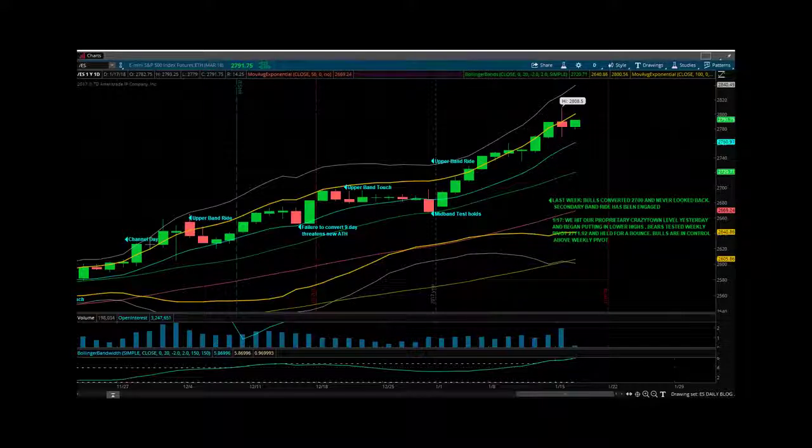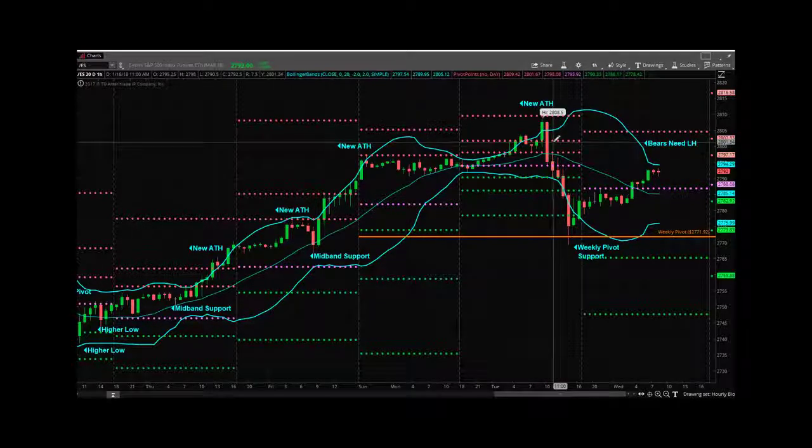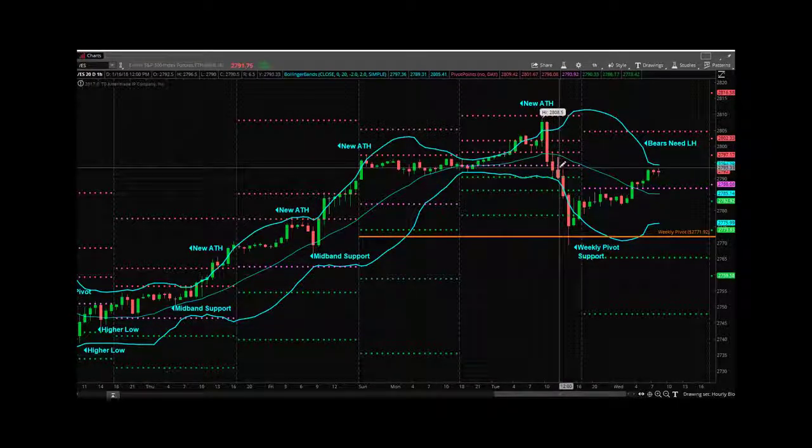The biggest call that we had, right before I finally got on my plane, was we had an 86 area, 86 print, the 75 print opened up for us the new weekly pivot, which was down at 2771.92. You can see on the hourly chart, here's your new all-time high. You can see it start to break, and you can see the lower highs and lower lows building, as you get into the 2 o'clock hour,